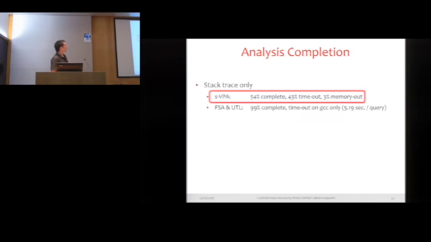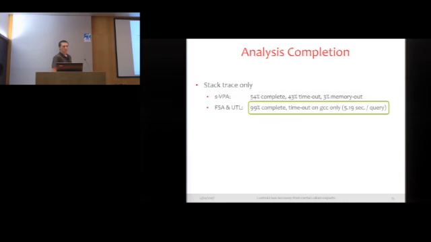The main takeaway here is that the S-VPA solver can solve many of the smaller examples, but runs out of time, especially for the larger applications in our test suite. Both the FSA and UTL solvers run out of time only for GCC, which is our largest test subject. However, both take only seconds to answer each individual query, and there are over 100,000 basic blocks in GCC. So practically speaking, they both do quite well here, especially in an interactive scenario where a developer might be asking